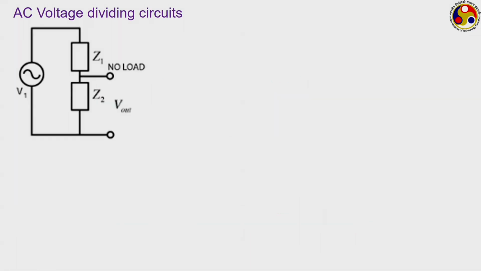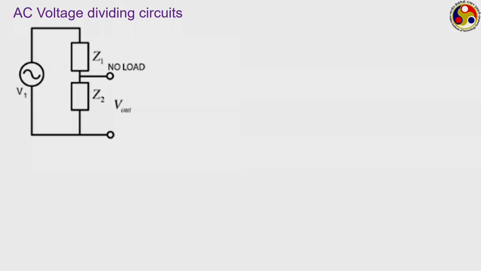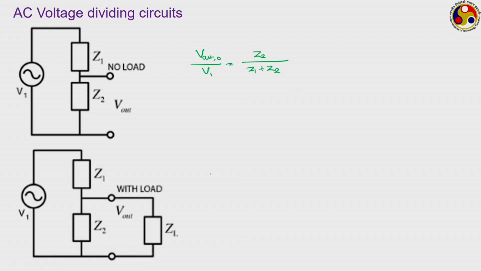We can have similar AC voltage division circuit, just the way we have treated the Wheatstone bridge or corresponding AC bridge circuits in last class. Just the same thing we can do, just replace all the resistances with corresponding impedance values, like here we have Z1 and Z2 as the two impedances for an AC voltage dividing circuit in the absence of any load. Very simply we can write that V out for the open circuit condition divided by V in will be equal to Z2 upon Z1 plus Z2, whereas when there is a closed circuit situation, in this case V out closed circuit by V1 is finally going to become Z2 by Z1 into 1 plus